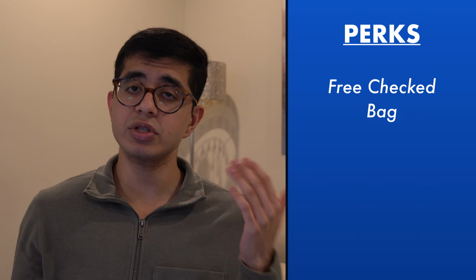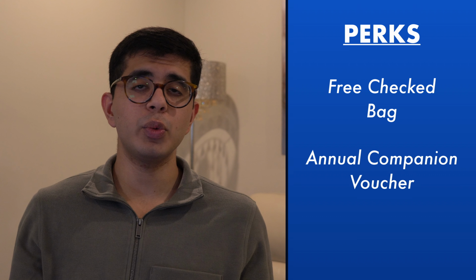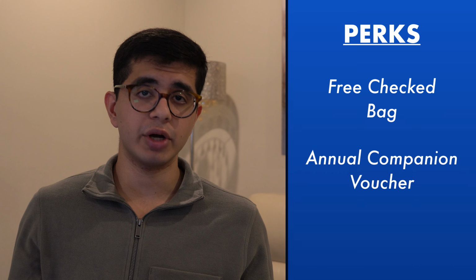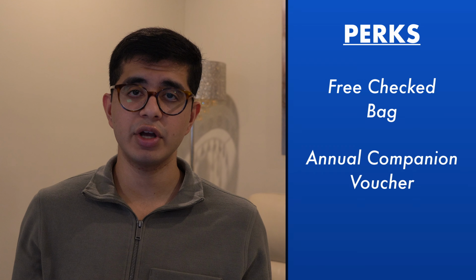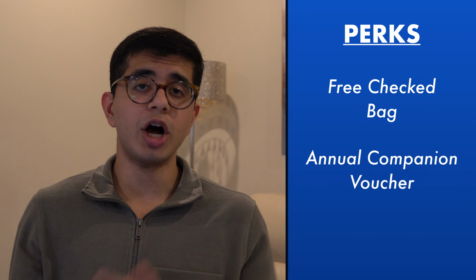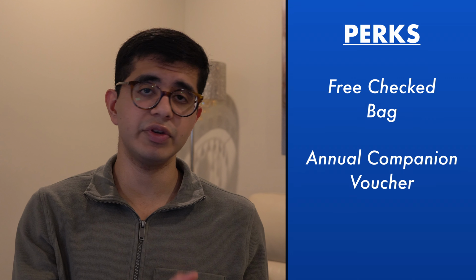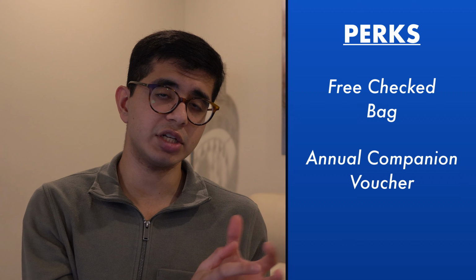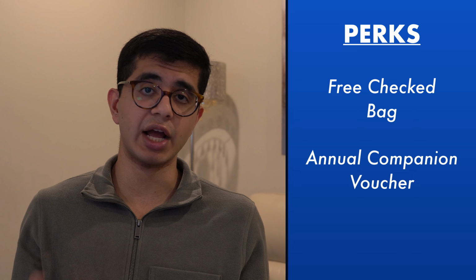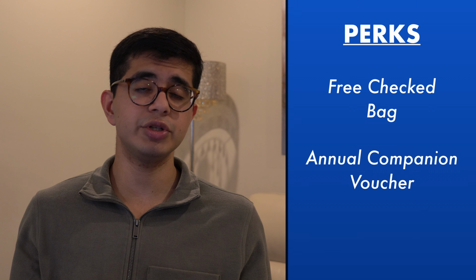Next up is arguably the most notable feature on this card, the $119 annual companion voucher. With this voucher, you can book a round trip flight anywhere WestJet flies and add a companion to your booking for $99 plus taxes and fees for places within North America and $399 for anywhere around the world. You can often save hundreds of dollars doing this, and you're going to find the best value where the taxes and fees end up being low, so places in Asia tend to be a little bit better than places in Europe, for example, because Europe has a lot of surcharges, taxes, and fees that are not part of the base fare of the ticket, but are just part of the overall cost,